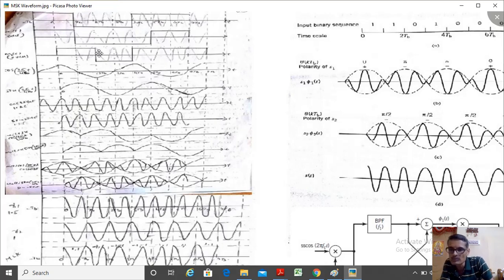What about the second one, m2 of t with this? If this is minus, the phase will change. See, this negative half cycle will change to the positive half cycle, correct? If this is 0, the phase changes. So this component is multiplied with this component. Here it is 1, and 1 means no change of phase. If it is 0, when you multiply, the change of phase happens. It's a simple PSK, correct?